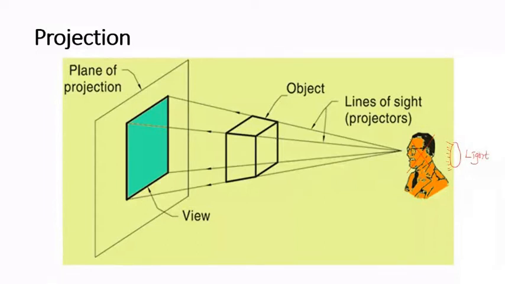If you keep an object in front of the light source, for example, you have a vertical wall, and for a moment, assume that this is a wall. Okay, you have a vertical wall, and in front of that, you kept an object, something like this. You hanged an object. So it's a cube, and you have placed a light source somewhere here. So if you switch on the light source, what will happen?